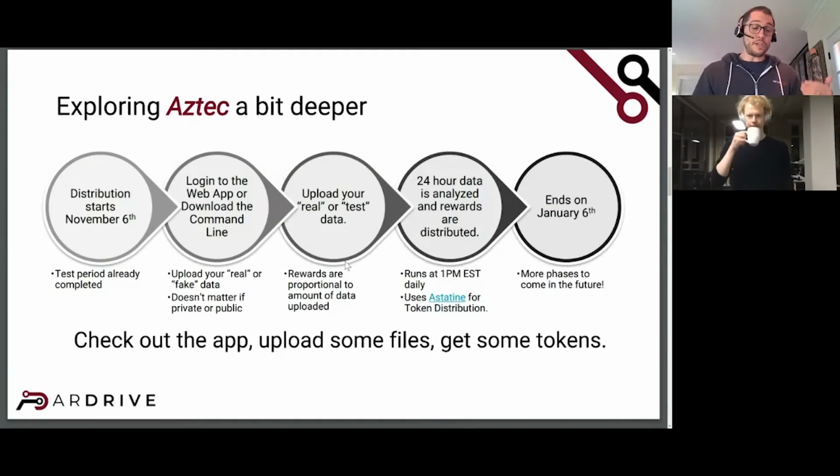We are trying to run this for the duration of our beta test. So we're looking to have this end in the beginning of January, January 6th, which is hopefully a little bit after the release of our first version of our web and desktop apps. But essentially, what is Aztec? Check the app out, upload some data, and you get rewarded with some tokens.